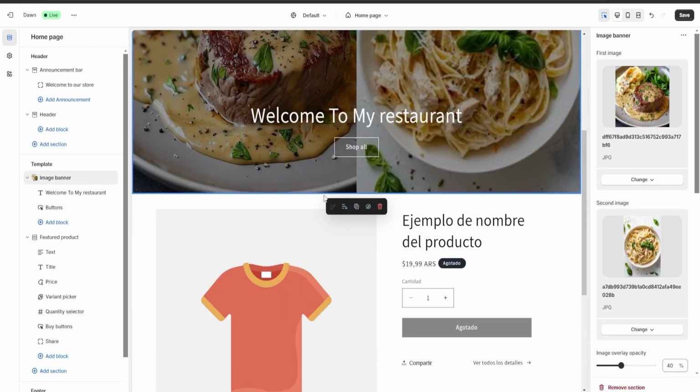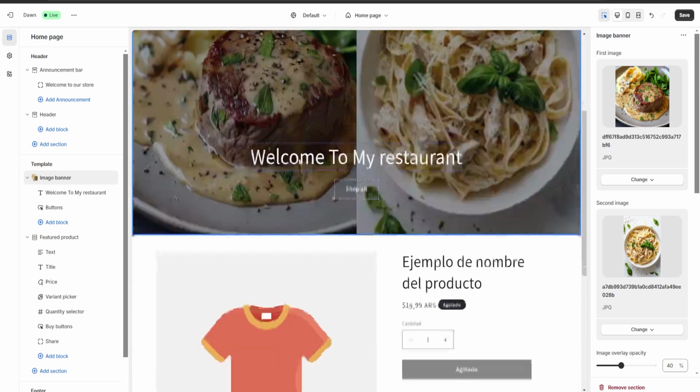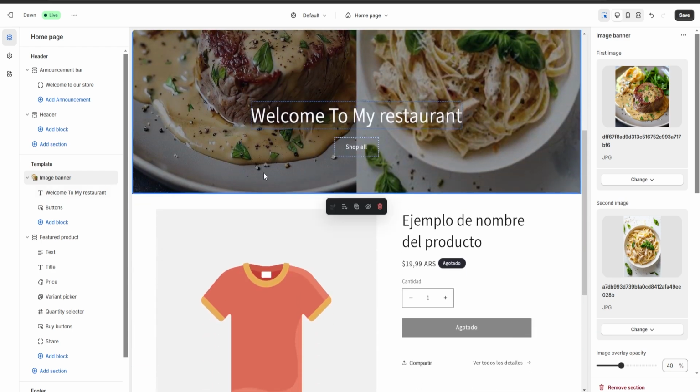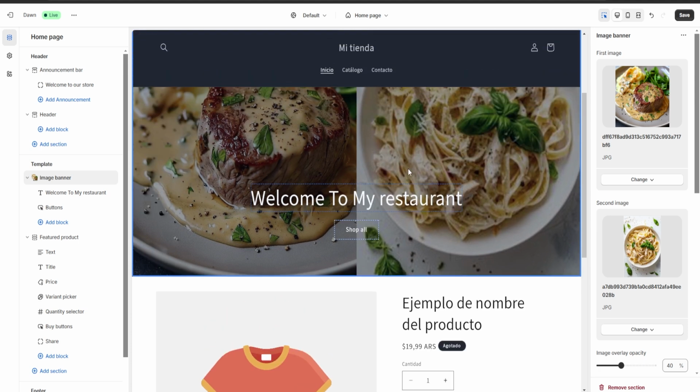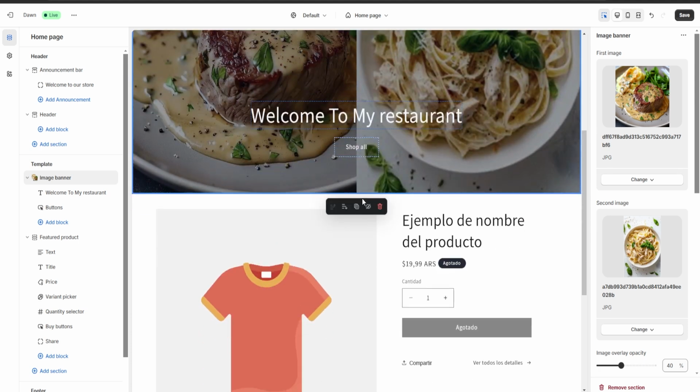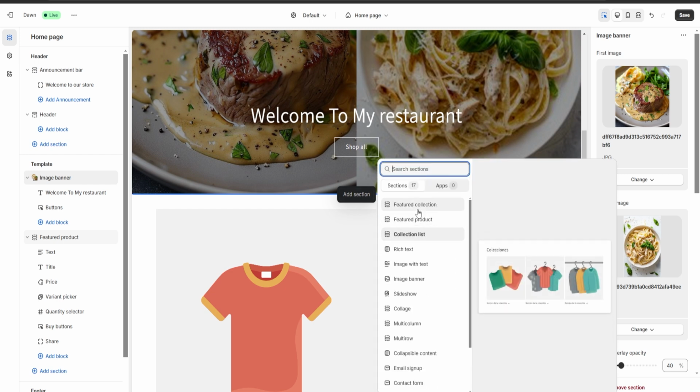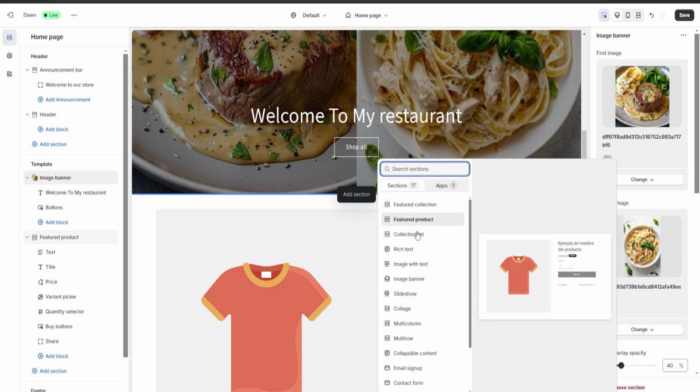So let's say that I want to add a product to my website. What I want to do is either go over here to the plus sign where it says add section, or if I put my mouse between the two sections, I can add one right over here. This section can either be a featured collection, a featured product, a collection list, and a couple more options. So we're going to click on featured product,